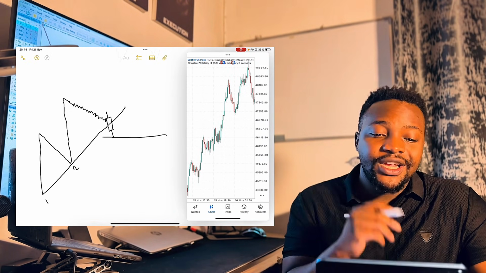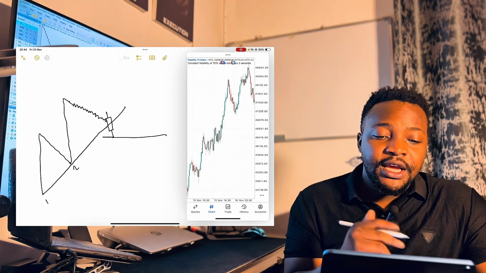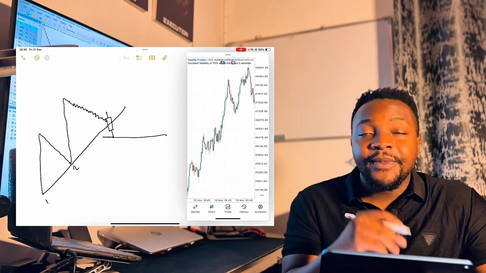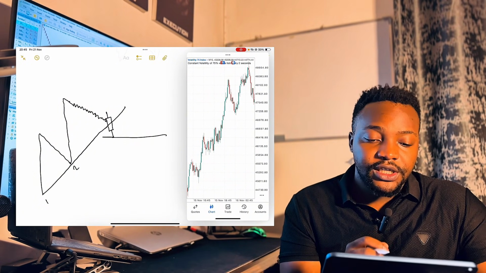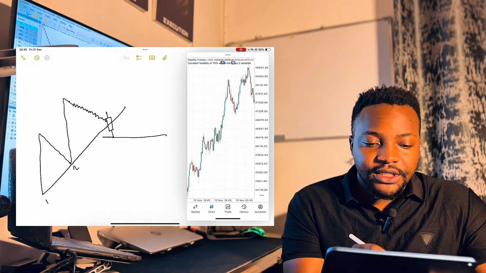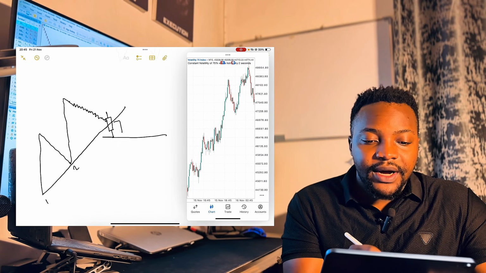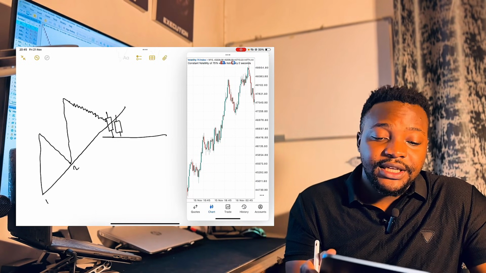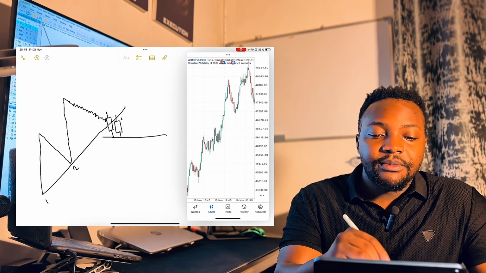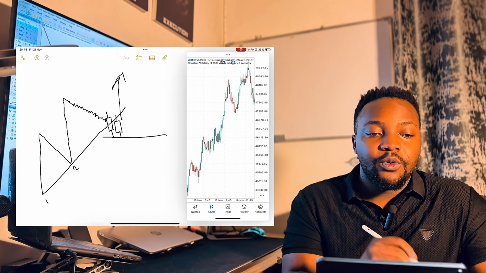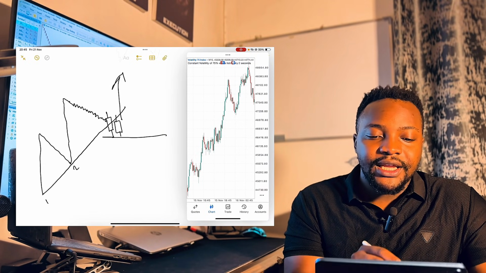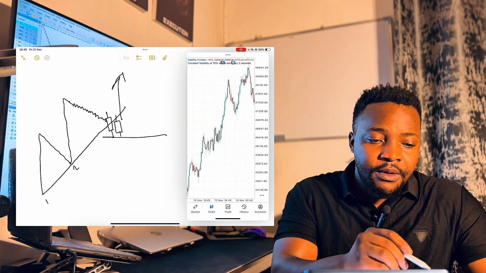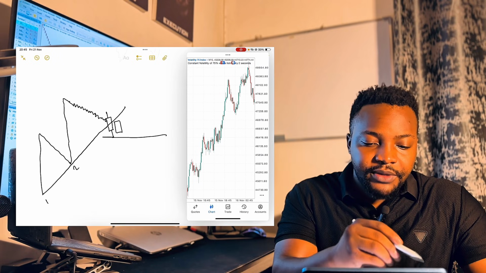And what we're going to do now is we're going to wait for 2 things. Number 1, we want to wait for the subsequent candlestick to see if it forms above or below our horizontal line. If the subsequent candlestick or the next candlestick forms above our line like that, whichever type of candlestick it forms, then we will be sure that the market is going to push all the way up like that. So we'll be able to enter into a buy trade just using this third touch rule. But if the candlestick then forms below